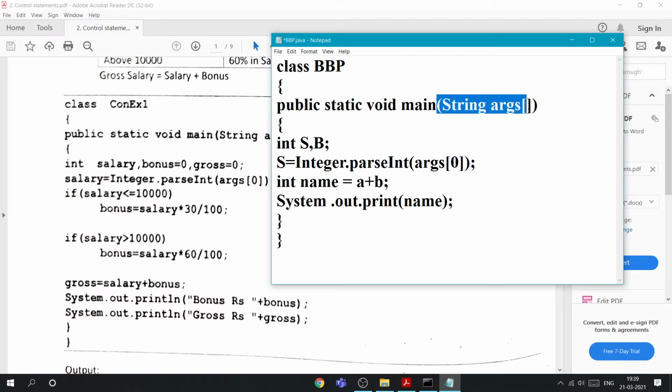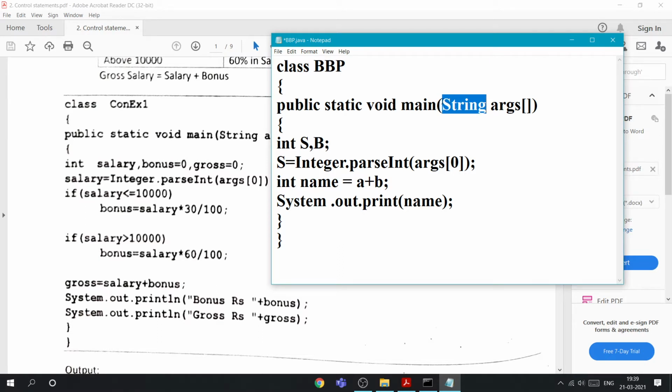This will take the command values from the command prompt by using this statement, Integer.parseInt(args[0]). As you can see, String args, args is an array, that's why we have square brackets here. Array elements will start from 0. So args[0] is the value, and it will be taken by this. But you can see it is a string. Whatever value we give, it will be taken as a string, so we need to typecast.